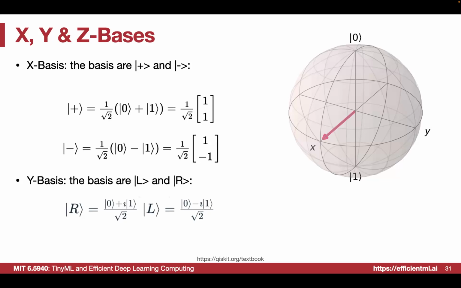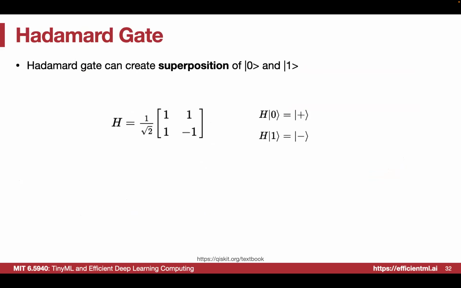Another thing is that for the right and left, it's similar to the X basis and Z basis. We can know that the right will be (|0> + i|1>) over square root of 2, and the left is (|0> - i|1>) over square root of 2. Understanding these bases is very important for understanding the later parameterized gates, because sometimes we can do arbitrary operations on the basis. So we have to understand the essential basic components of those gates.